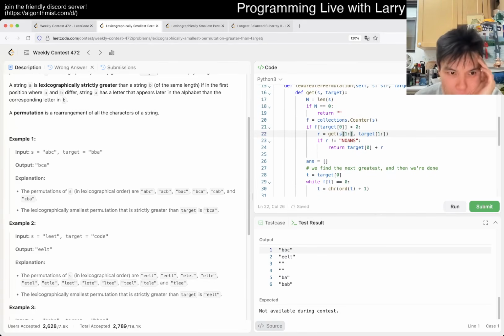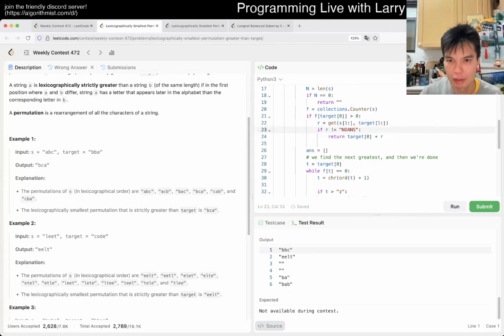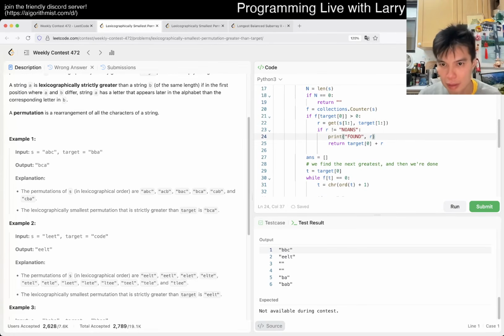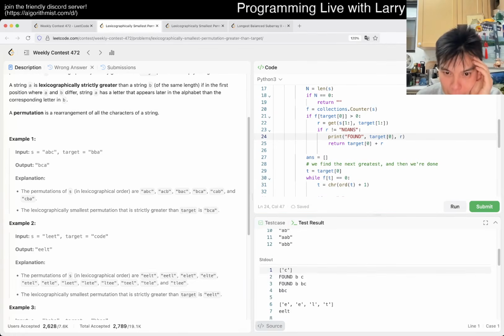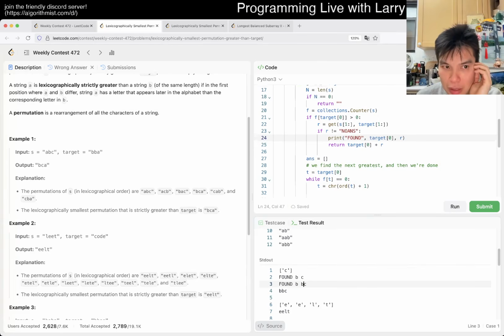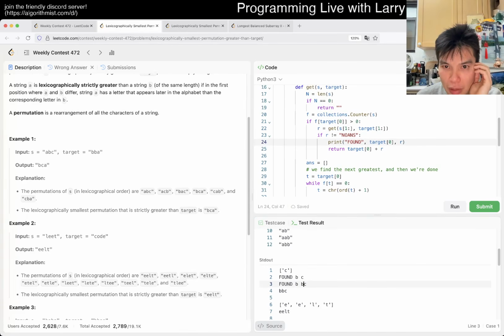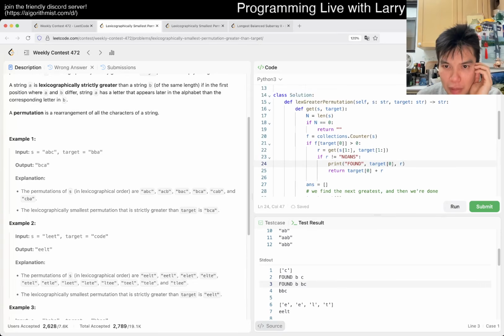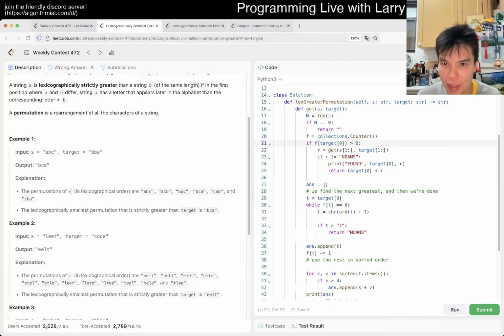Oh. Okay, so we do a B. Okay, we found a B, and then the subset is C. But then now we also found B, BBC. Oh, because we take the first character, but that's not right. That's dumb. What we want is, I see. I'm just being dumb because I am too lazy about it. What we actually want is,